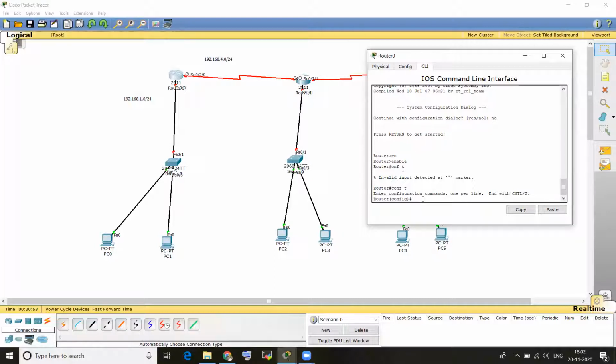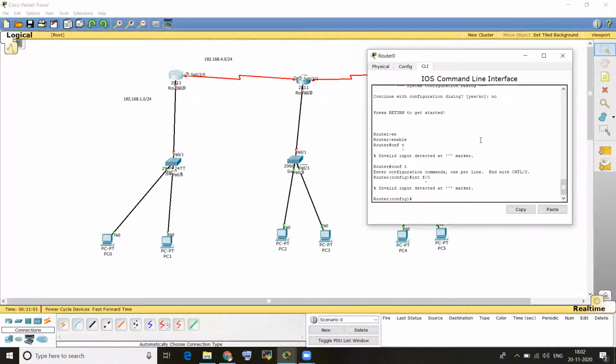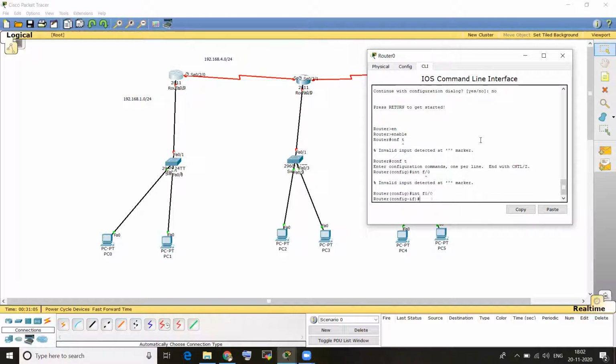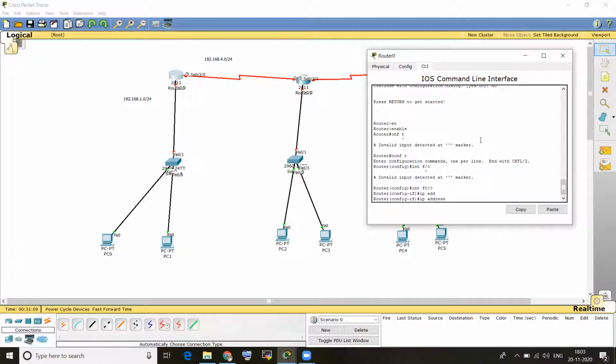For the IP address, first you have to go to the interface. Interface f0/0, enter. IP address 192.168.1.1 space, and for /24 the subnet mask is 255.255.255.0.